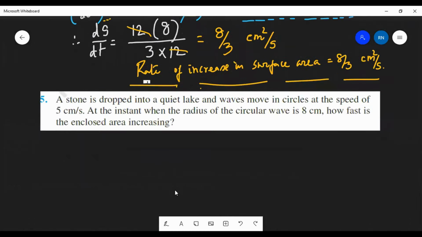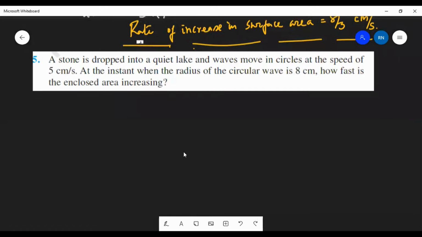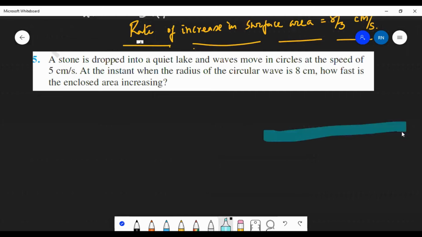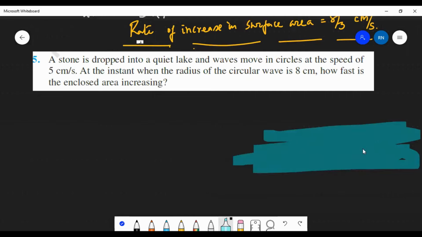Question number 5. A stone is dropped into a quiet lake, then waves move in circles at the speed 5 cm per second. Then at the instant when radius of the circular wave is 8 centimeter, how fast is the enclosed area increasing? What are they trying to say? So you know how a quiet lake responds. Just some water, quiet lake,